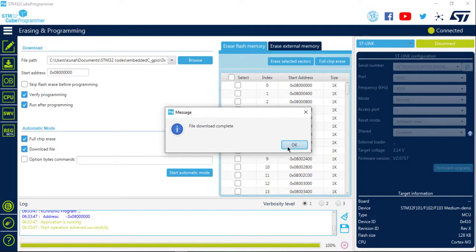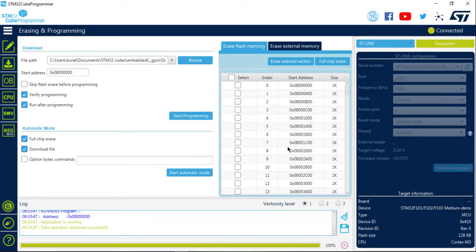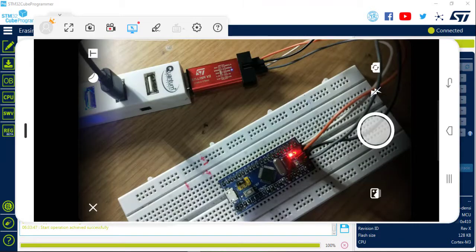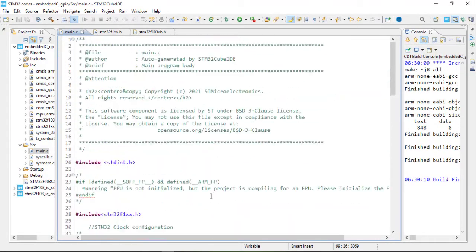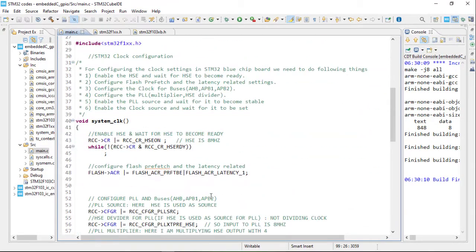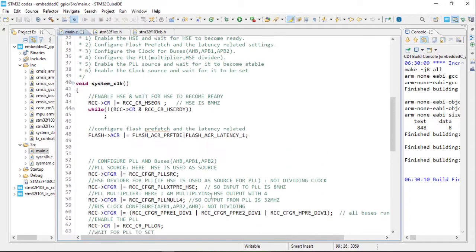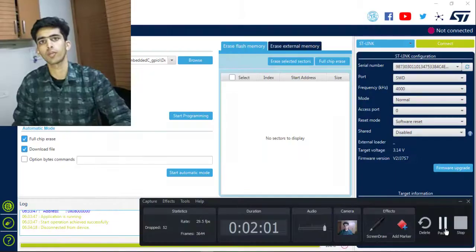The operation will be done successfully, and you can see here that your LED is blinking successfully. And that's how you have made and flashed your self-made bare metal embedded C code on the STM32 microcontroller via STM32Cube IDE and the STM32Cube Programmer.